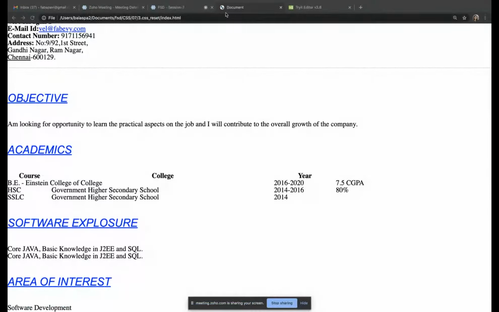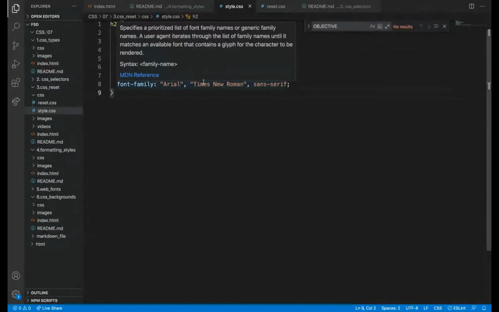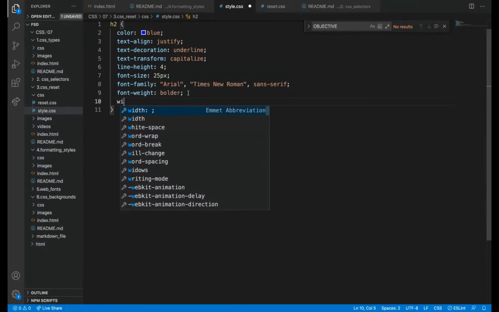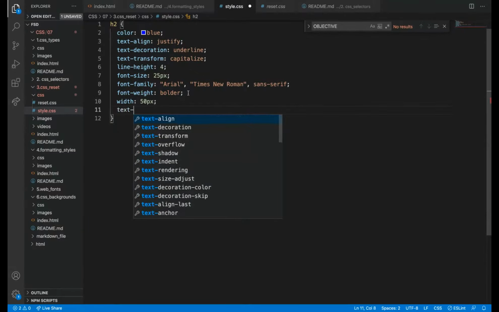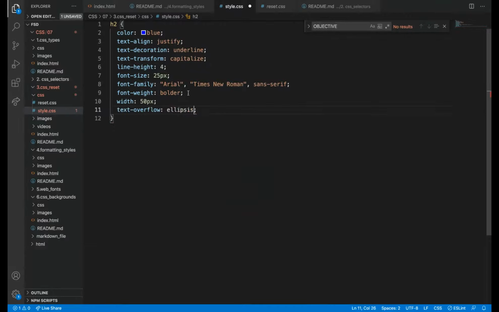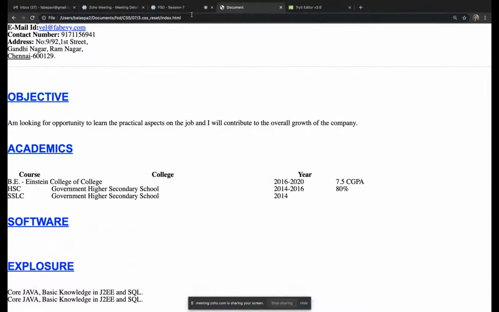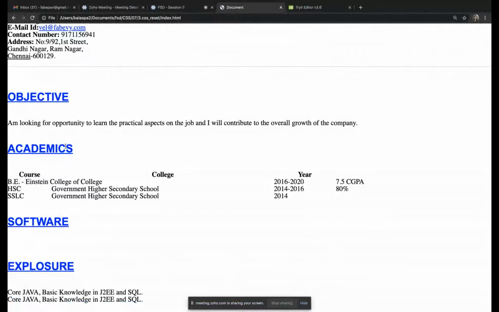I think it is not getting refreshed. Yes, it is not getting refreshed. My keyboard was not working. So I can check this again, because text overflow. No, it is not working. Okay, we will see this later. So font weight, it got changed to bolder.